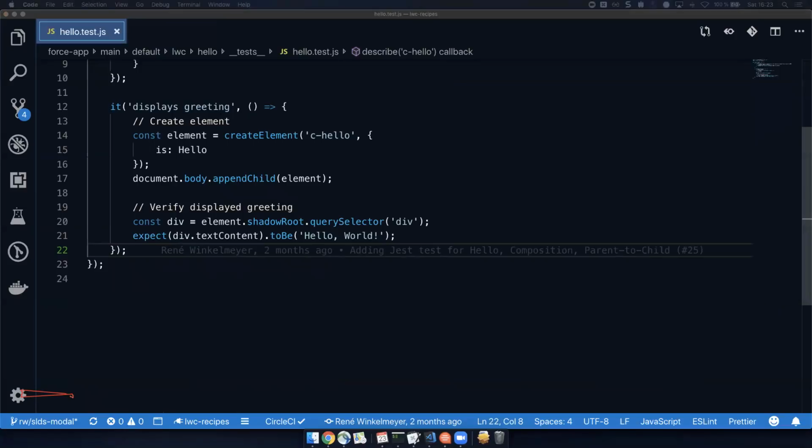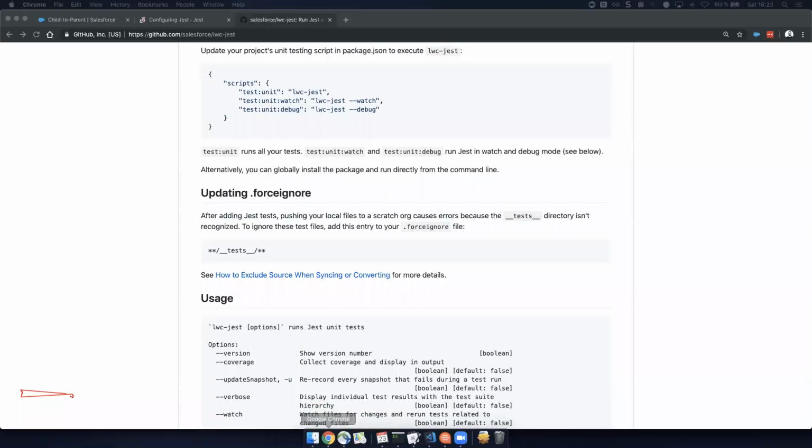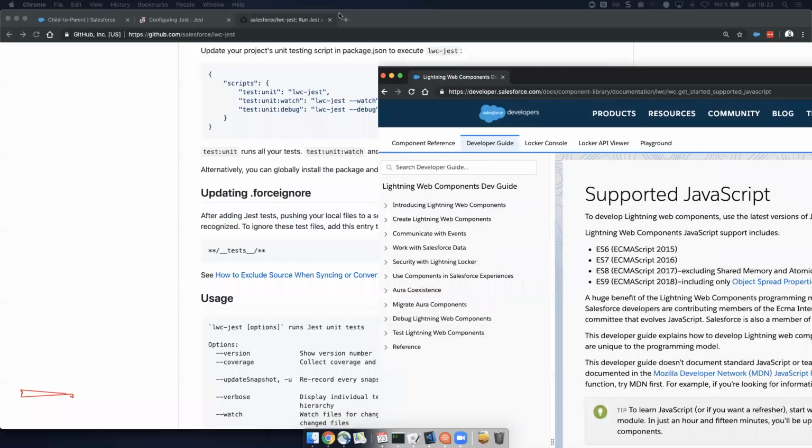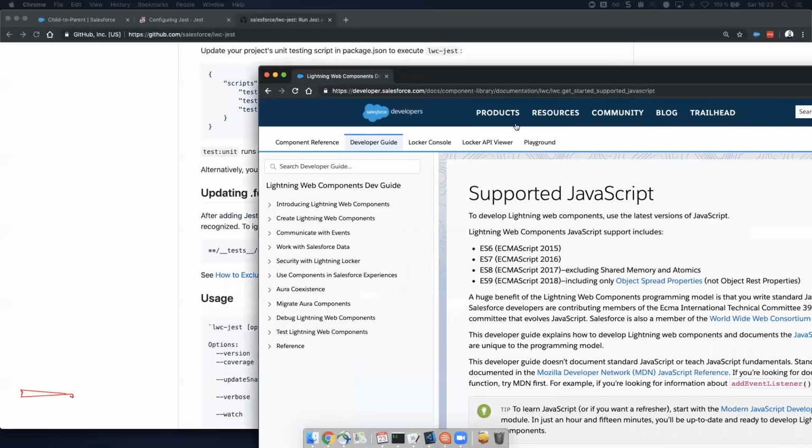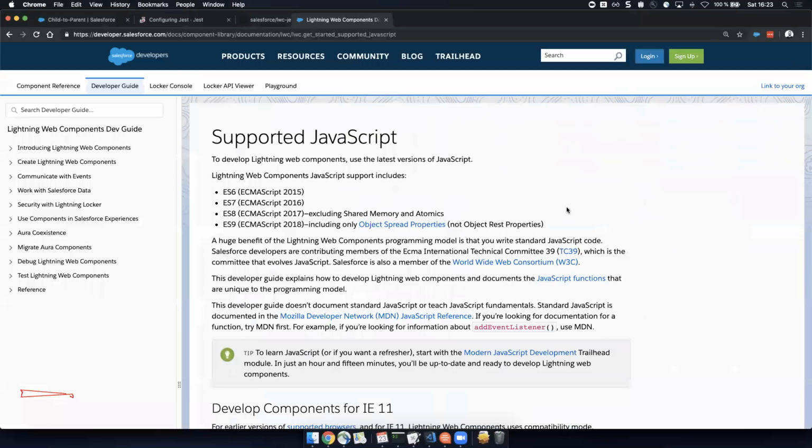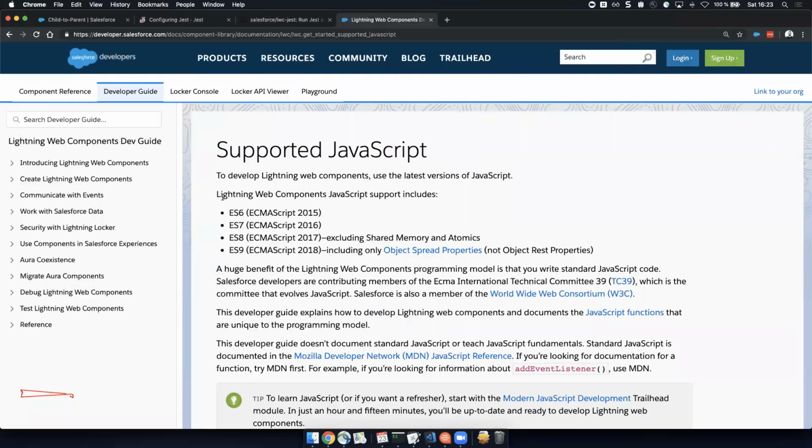Now, what we decided to do, and let me quickly bring up a browser for that, is, because developer experience is really important, we added support for up to ES9, and you can find this in the documentation. Then you will say, okay, but not everything is supported in IE 11, right? So what the Lightning Web Component framework, the engine, provides you is that you can